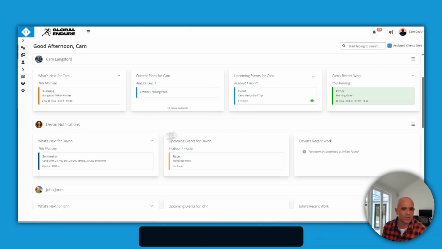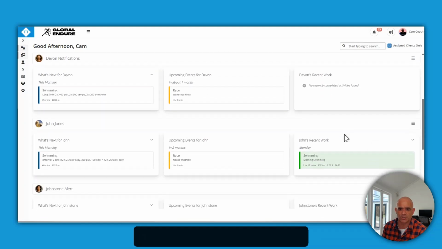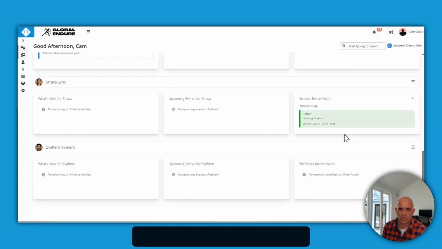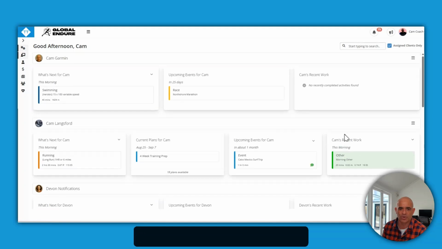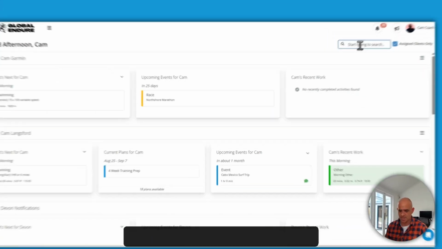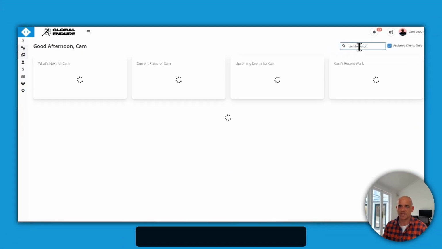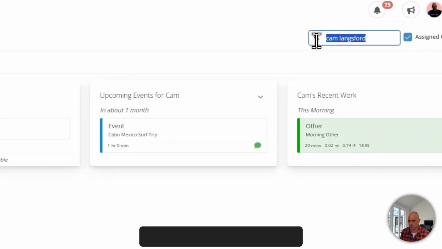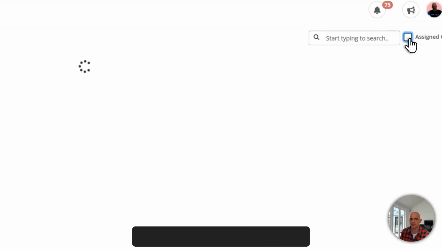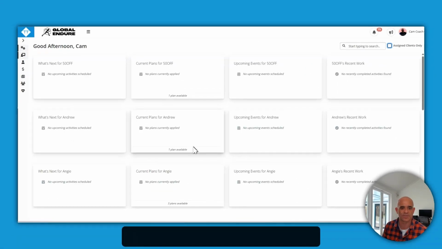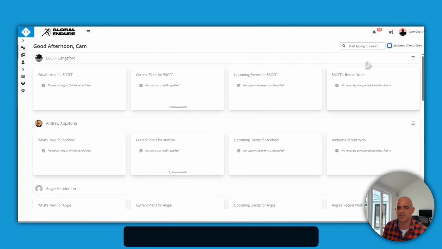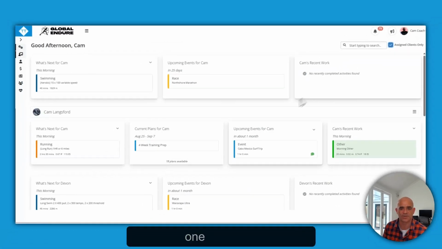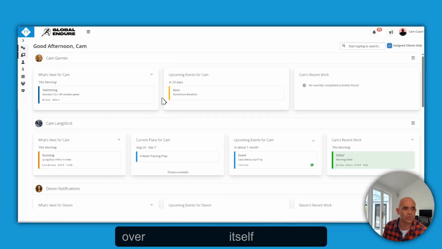So then you can see all your athletes, and then you can just scroll down, and as you scroll it'll just add a new athlete to the bottom of the list. So you don't need to page them, you don't need to search for your athletes unless you're looking for a specific athlete, and then you can just type their name and it will filter the list down to those athletes. Or of course you can just show all the athletes that you have in your system regardless of whether you're assigned to them or not. I'm just going to click back on the assigned one, and then just to go over the dashboard itself, made